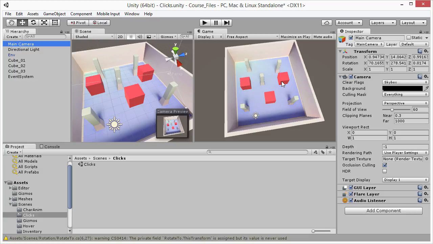Now, when we click on objects, a ray is going to be cast from the camera into the scene. To work with the event system that we have just added, we need to add a Physics Raycaster component. So with that camera object selected, I'm going